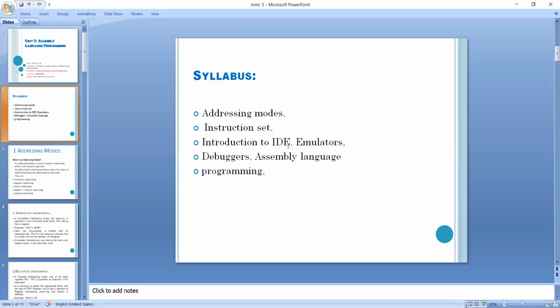It is very important. Why? Because whatever programming we are dealing with,